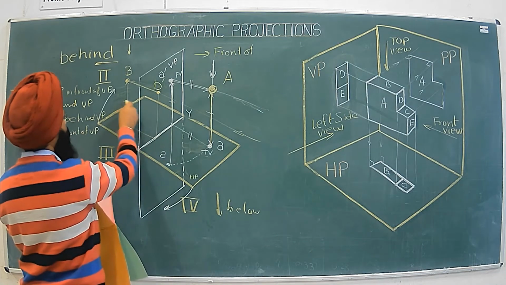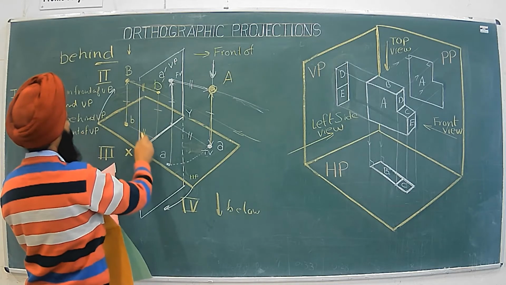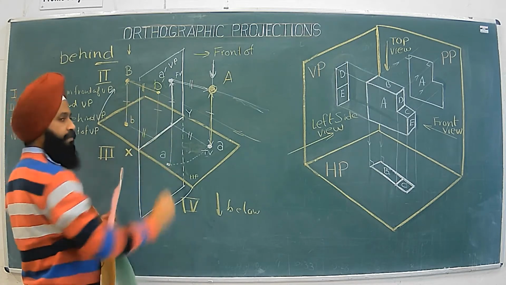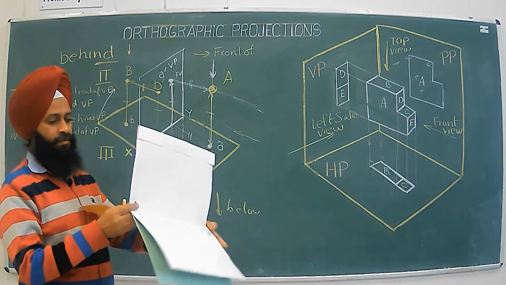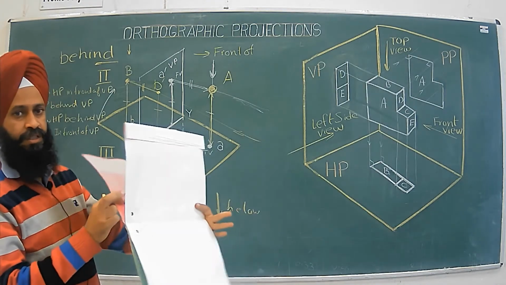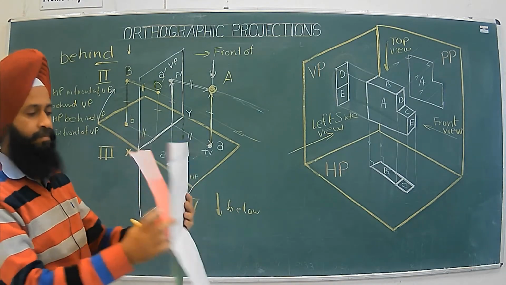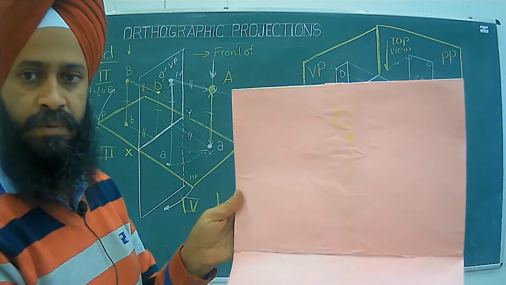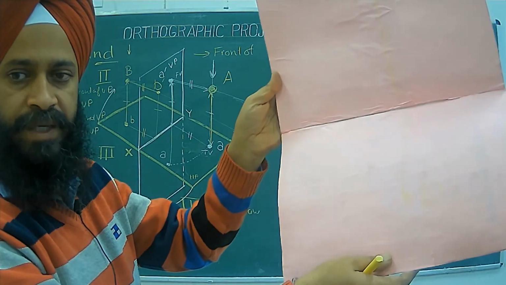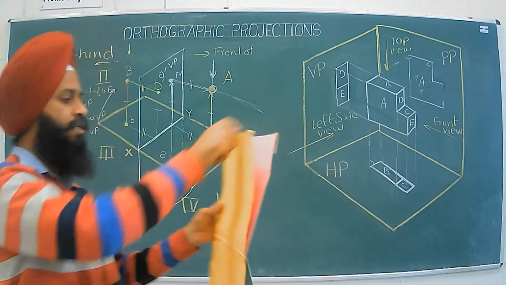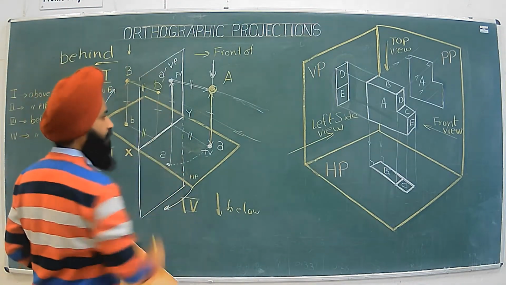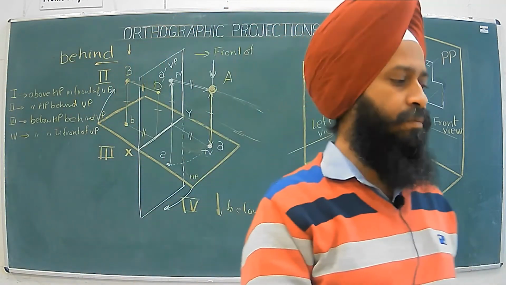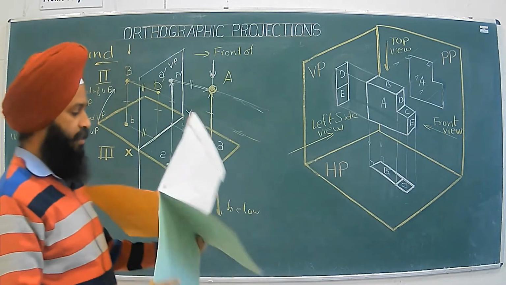and these are two lines, this is equal to this. So distance from HP is visible in VP, distance from VP is visible in HP. So here what we get, this closes. So these two different views, B dash and B, they are closing and they are going above XY line. Similarly we can do for our third angle and fourth angle.